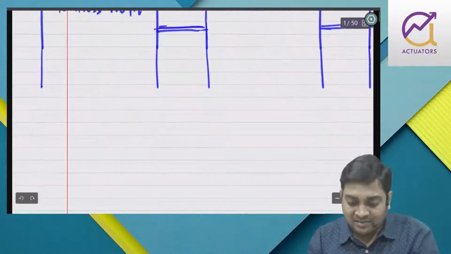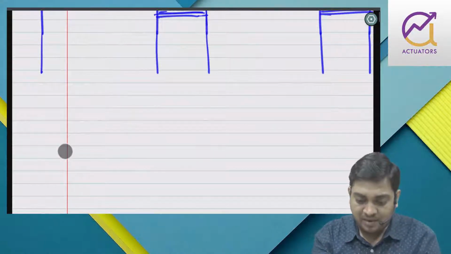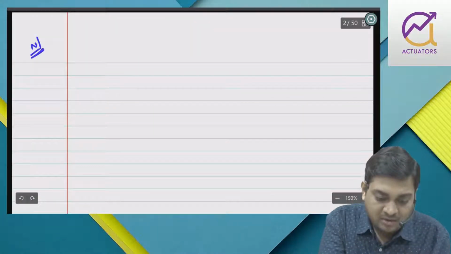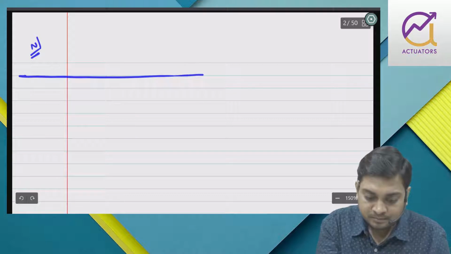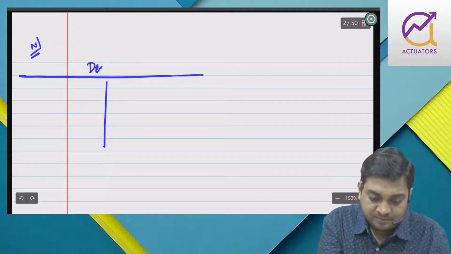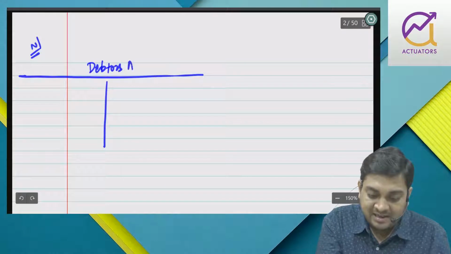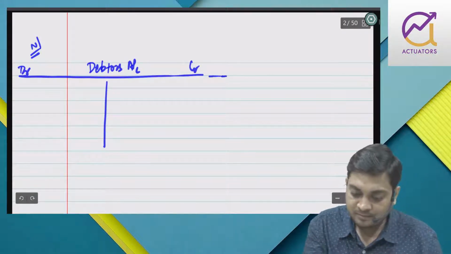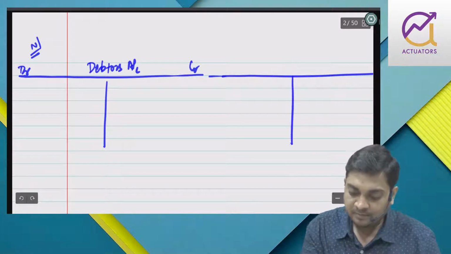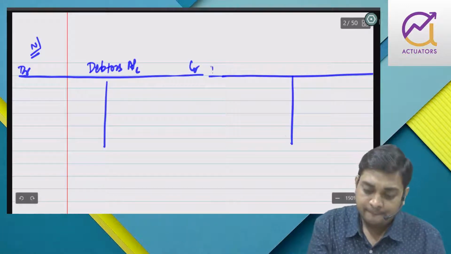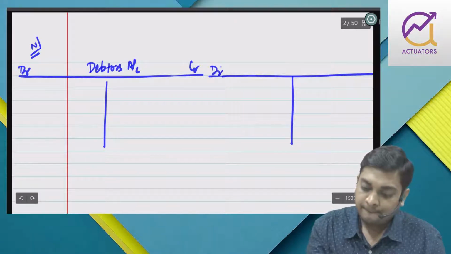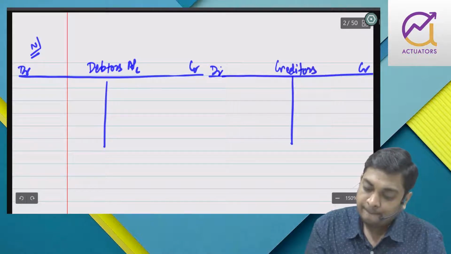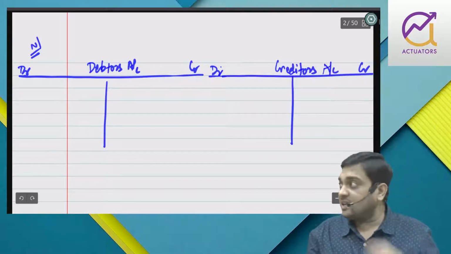So what I will do, I will leave some space. This is the space I have left for PL, and then this is the space I have left for the balance sheet. So I prepare note number 1. In that I am going to prepare various accounts. One, I am preparing the debtors account. Another I will prepare is the creditors account.